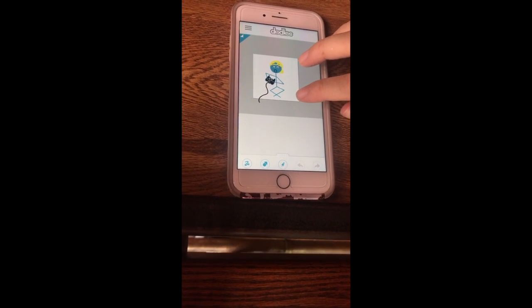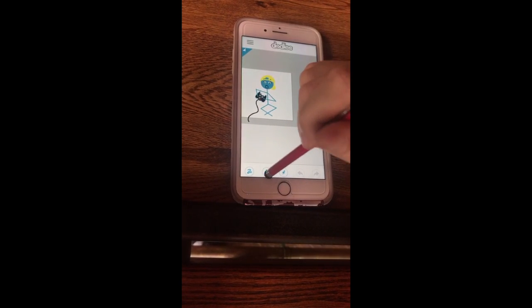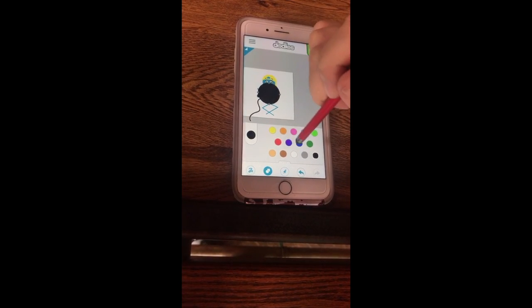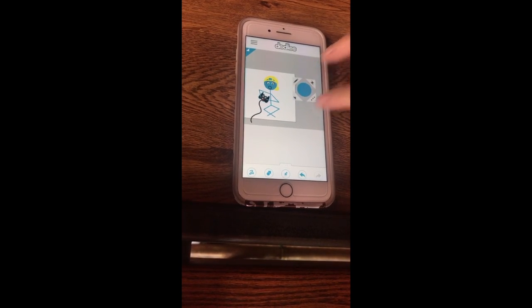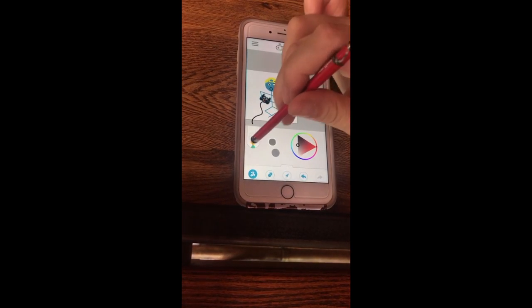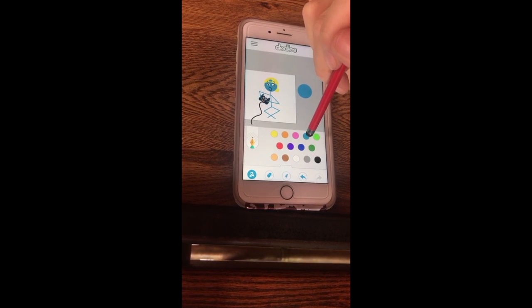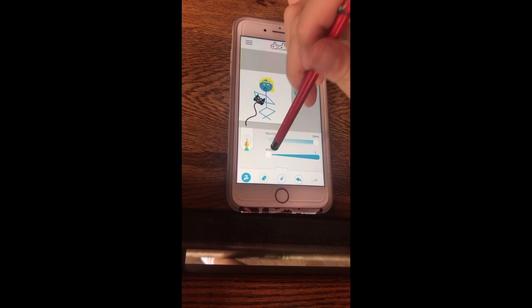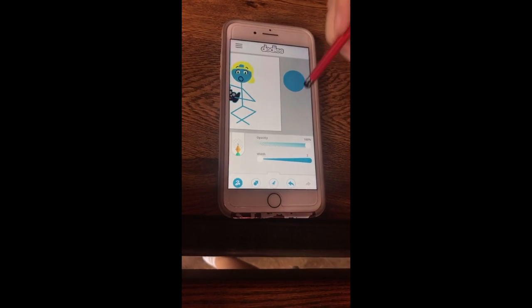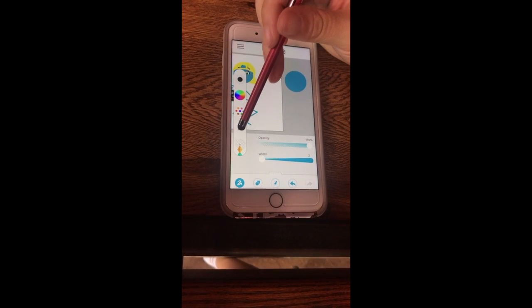Alright, so what I did is to build the head, I just made a circle and I made it blue. And I just drew a face on him, but I'm going to do the body real quick. So I just selected that blue, selected the width of the drawing tool, and I probably went along the lines of 2. And I'm going to turn that ruler on